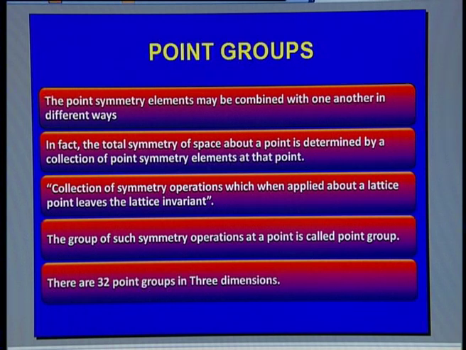By working out what molecules you have and what unit cells you have, if you combine them, then these point symmetry elements, that is n equal to 1, 2, 3, 4 and 6, and also m, the plane of reflection, and bar 1, bar 2, bar 3, bar 4, bar 6, the inversion symmetries, can be clubbed into different point groups. The mathematical relations have to satisfy the group theory rules applicable for any mathematical group. A group is nothing but a collection of similarly situated elements.